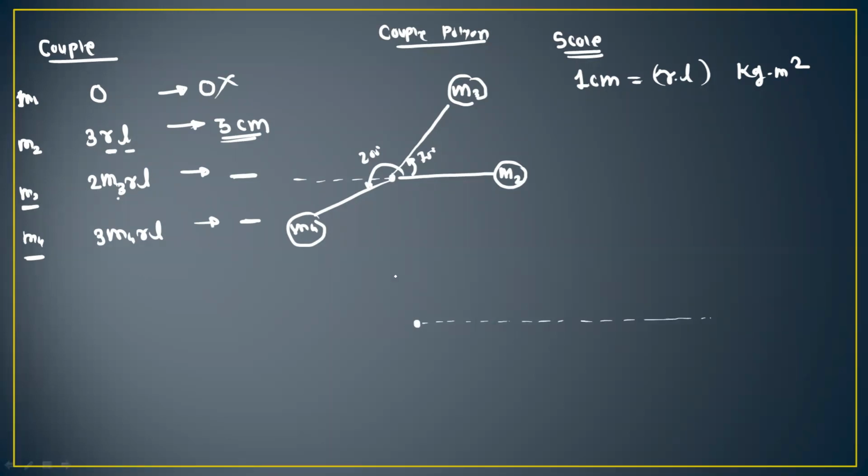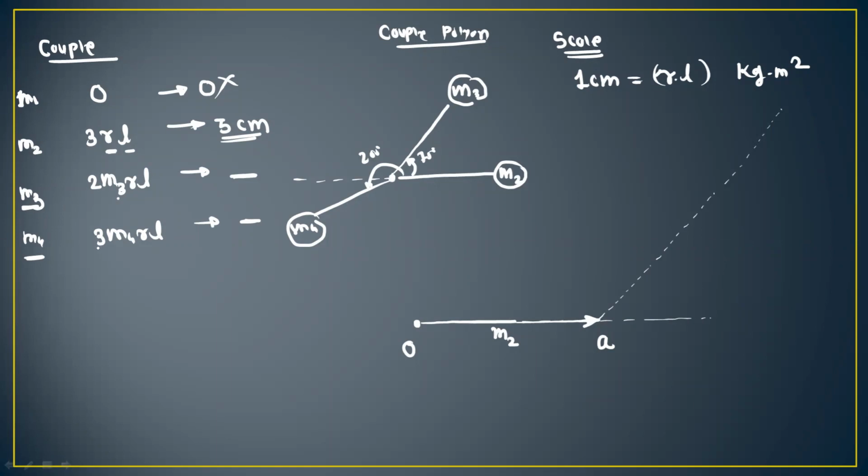Now from point O, draw the known vector, which is mass M2, in the same direction of mass M2. So draw the vector of 3 centimeter. So this is for mass M2. So take this O, A. After that, next vector is mass M3. So observe the direction of mass M3. Okay. So from point A, that is the end point of the first vector, draw the line which is parallel to mass M3, like this.